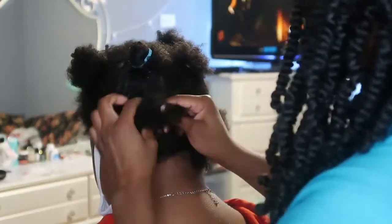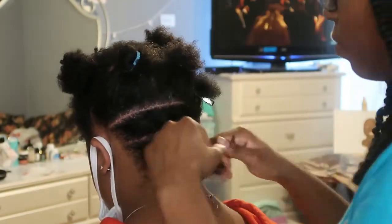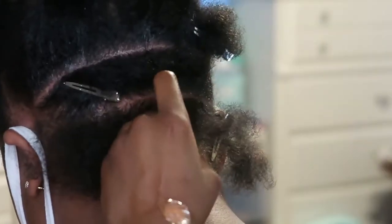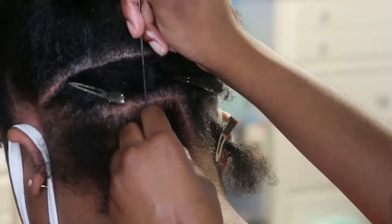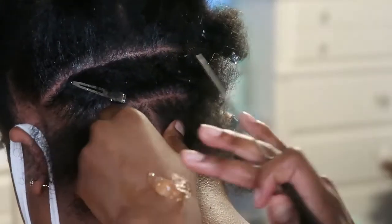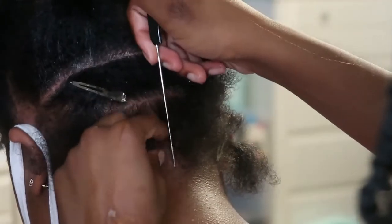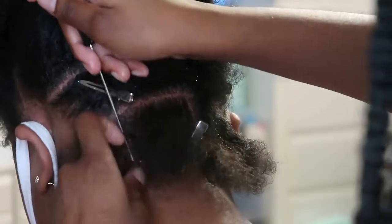But for the hair that I use, I usually request that they get Freetress water wave or something similar. But the beauty supply store that she went to didn't have it, so she asked me about some other hair, and that was fine too, because usually if it's around the same price, I'd be like, yeah, it should be fine. But no, baby girl,